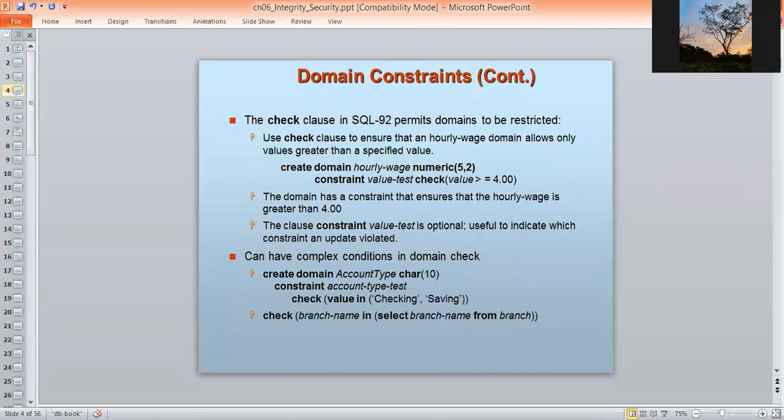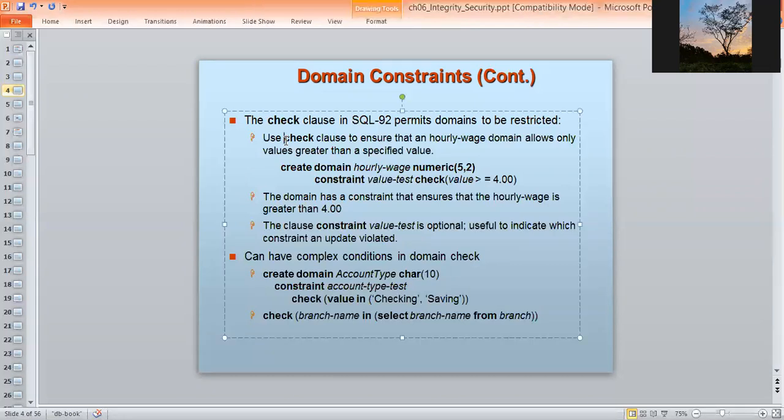Now, domain constraints: the check clause in SQL permits domains to be restricted. Use the CHECK clause to ensure that an hourly wage domain allows only values greater than a specified value.